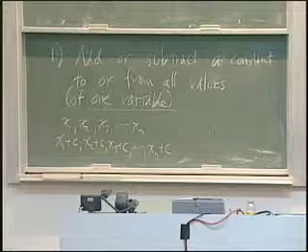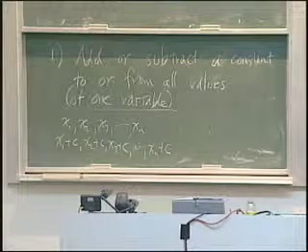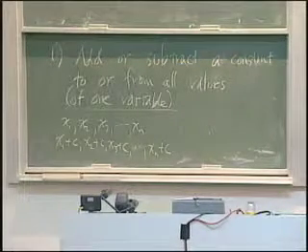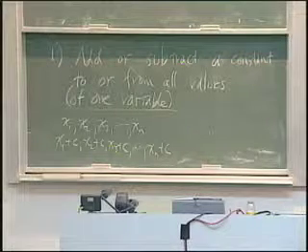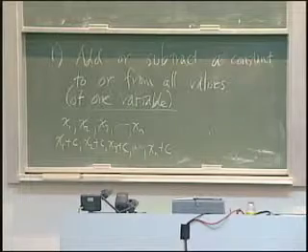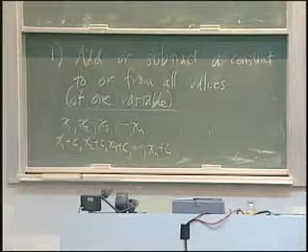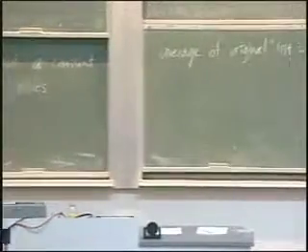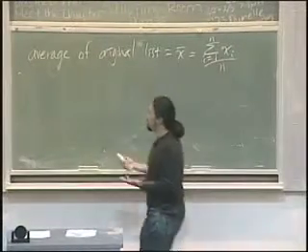My little shorthand notation from the handout. I can write that as the sum i equals 1 to n of those values xi divided by n. So basically, I'm just saying, add up all the original values, divide by n. That's the average. And the average of the new list